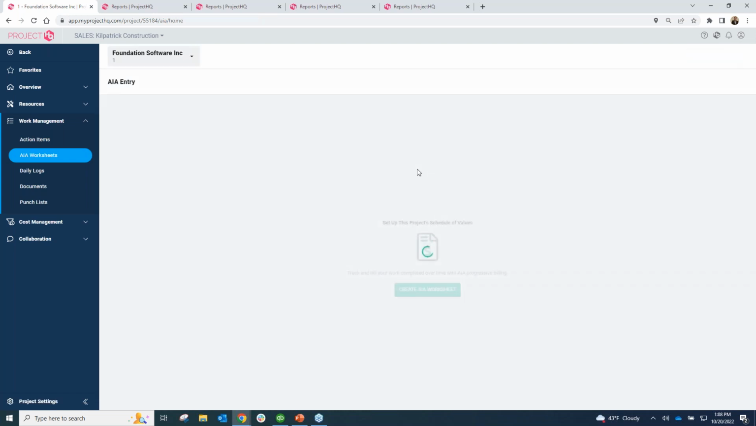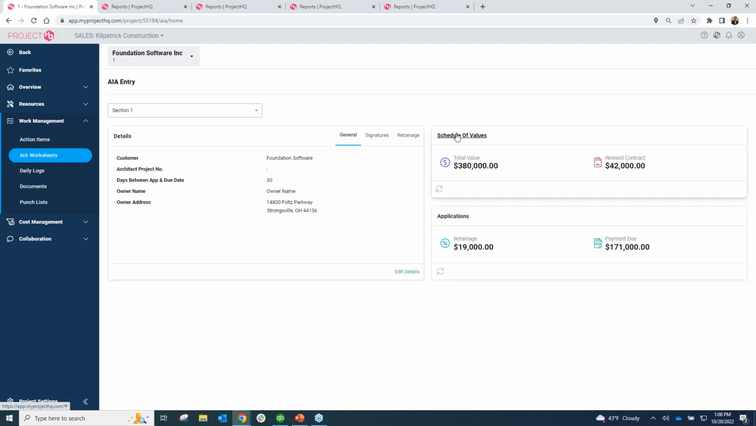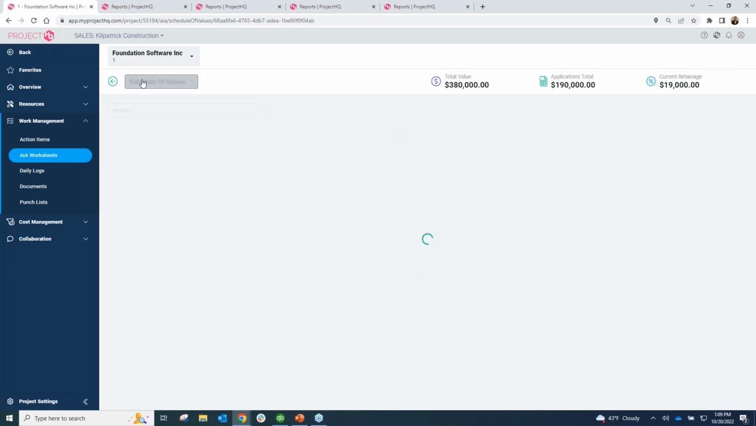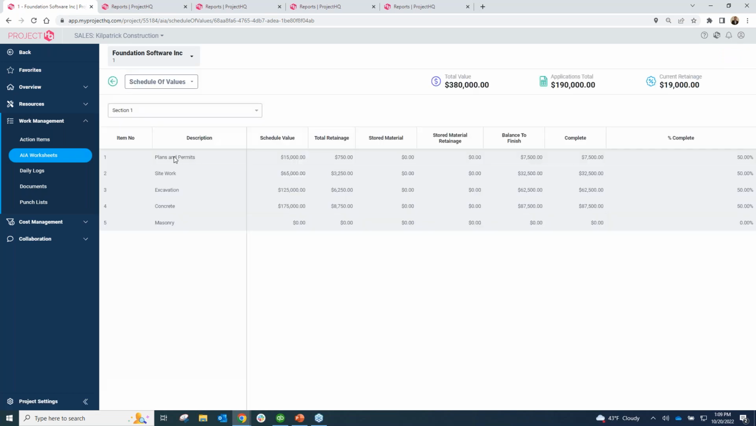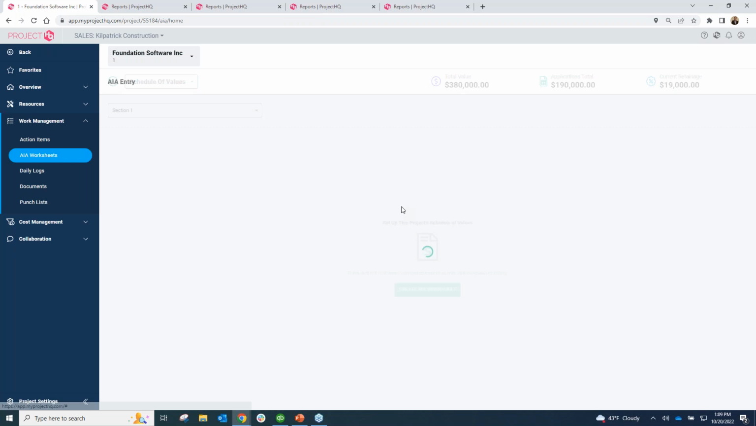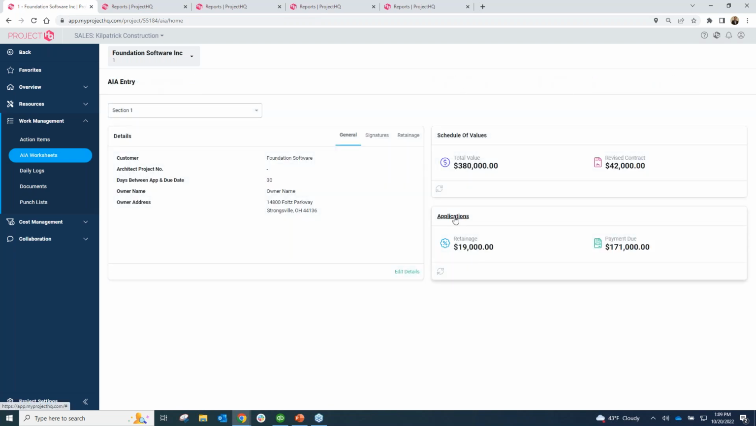We can then go ahead and build out a schedule of values within the system and put in our schedule of values on a line item basis. These can be copied from a budget if they do match out with a budget. If they don't match out with the budget, you can build out line items as the project is needed. And then you can actually build out our actual applications,